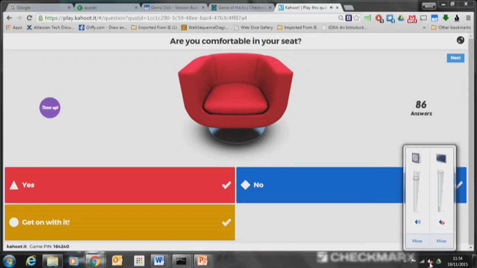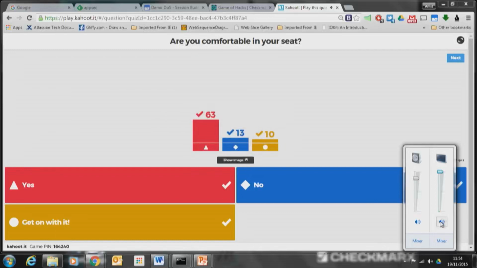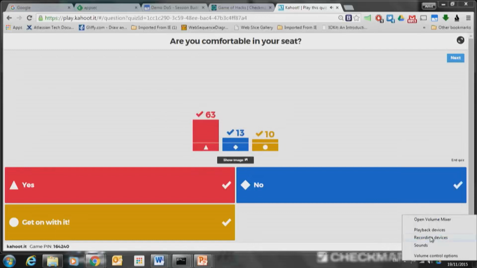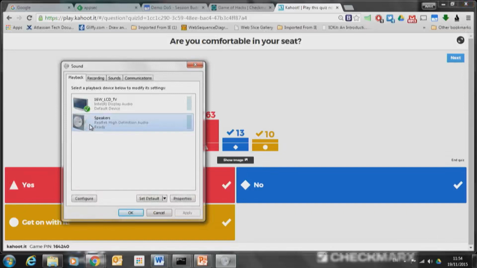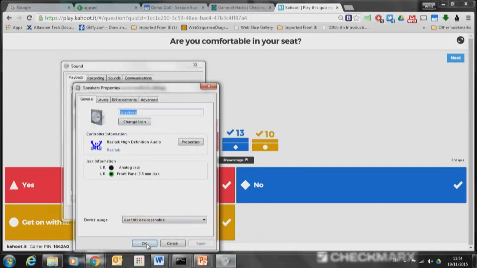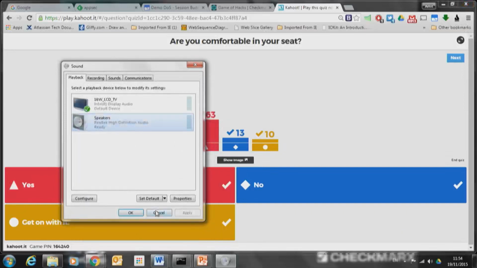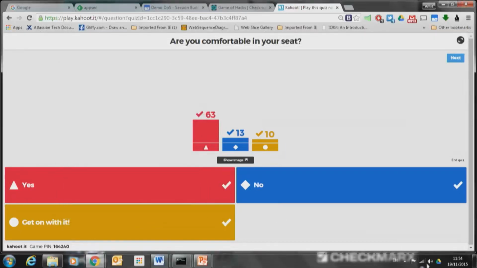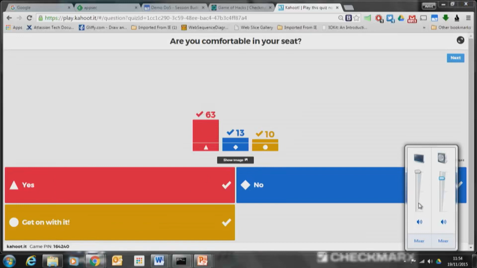Oh, I know why. Playback devices. This one. Set as default. Still no sound.